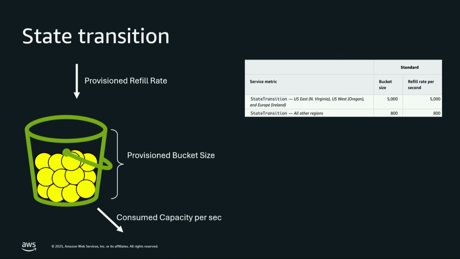In this case, the limit is different per region. So large regions, 5,000. Smaller regions is 800. There are soft limits, and we can increase. And with this metric and dashboard, you can easily identify why your executions are being delayed for the case of a state transition throttling. But there's also another case that